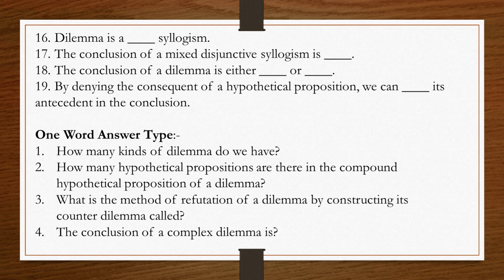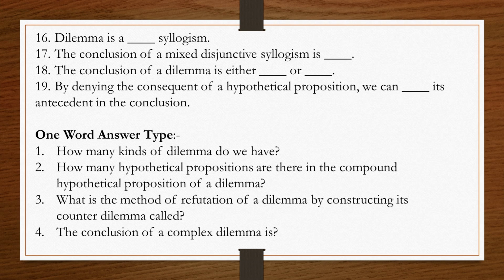A dilemma is a mixed syllogism. The conclusion of a mixed or disjunctive syllogism is categorical. Then we will discuss one-word answers. How many kinds of dilemma do we have? Four kinds of dilemma. How many hypothetical propositions are there in the compound hypothetical proposition of a dilemma? Two hypothetical propositions. What is the method of refutation of a dilemma by constructing its counter dilemma called? It is called rebuttal. The conclusion of a complex